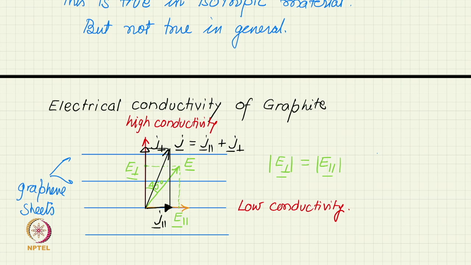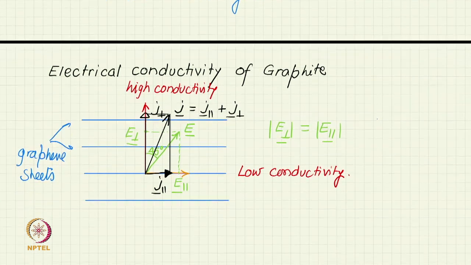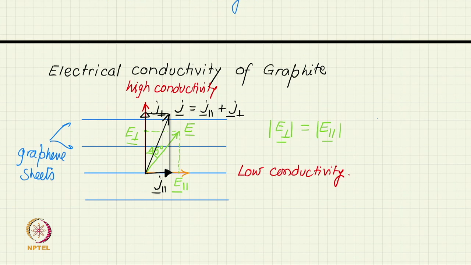We are saying that J perpendicular is much larger than J parallel. So, you can see that the current density is no more parallel to the electric field. Current density J not parallel to